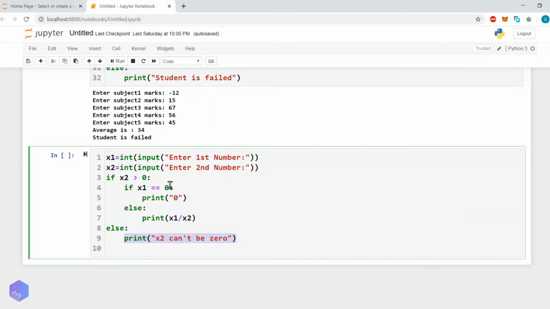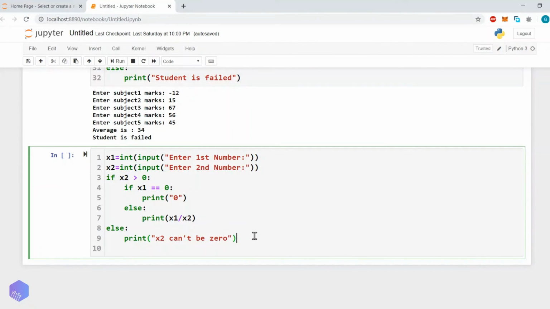Now whenever Python again encounters a colon, what is the current indentation? 1. So 1 plus 1 is 2. Whatever code is written at the second indentation will be considered part of this if. Again, whatever code is written next using one indentation will be considered part of this outer if. Okay, clear with this?